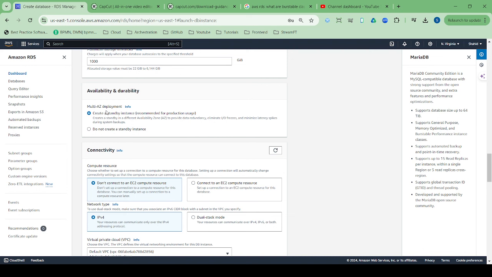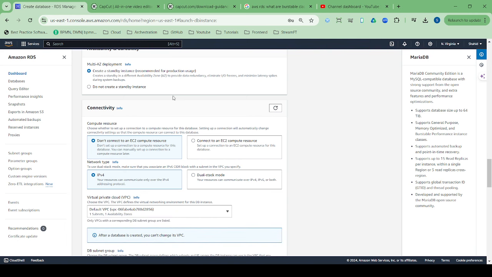Let's suppose your primary database goes down or fails, and it will automatically create a standby instance and make it available instantly, right? And you don't need to worry about it. Your application will never go down. So it's another good feature provided by